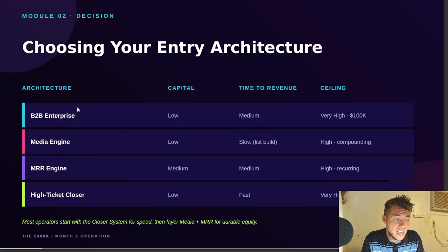Because if you just wanted to skip the AI systems totally, you could layer something like this in, a school community or a newsletter or both. Layer that into your business. That way you have monthly recurring revenue on top of sending people in to close on a high ticket coaching program. So there's my take on it. And that about wraps up module number 2.